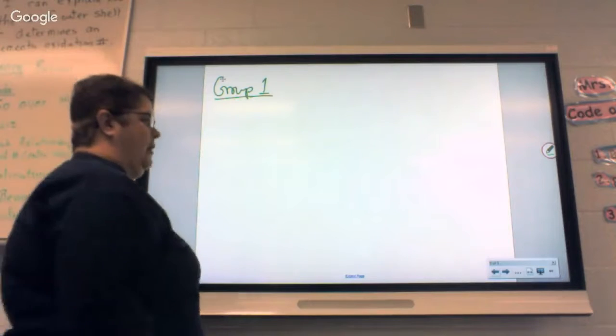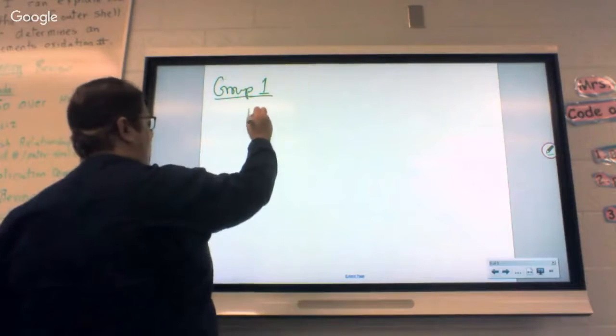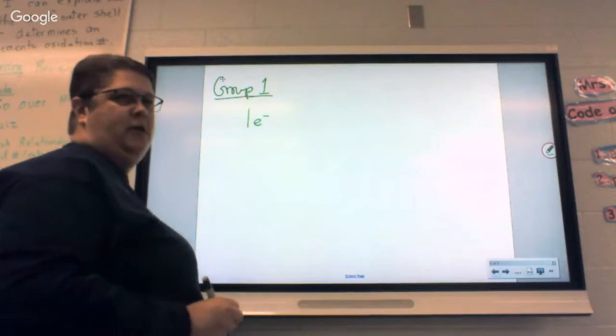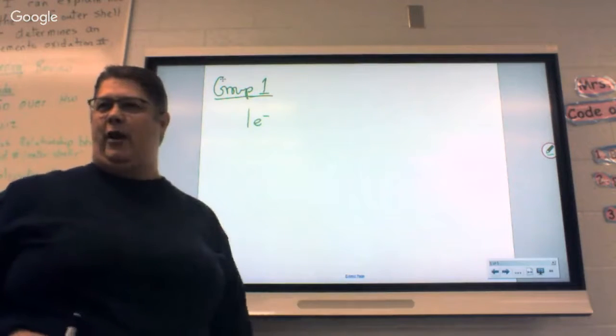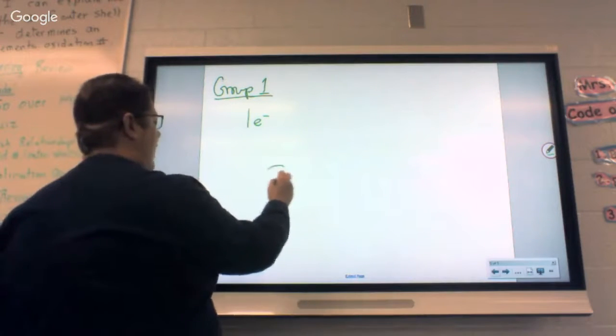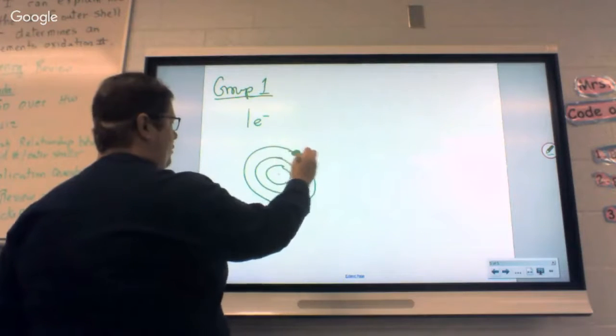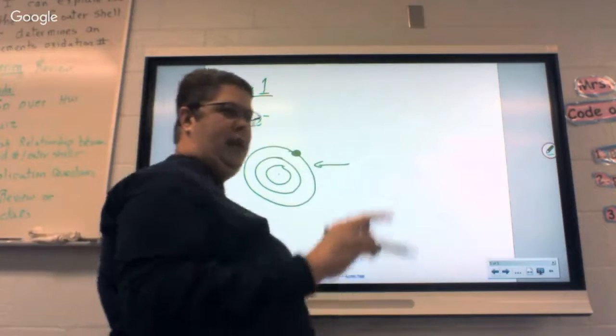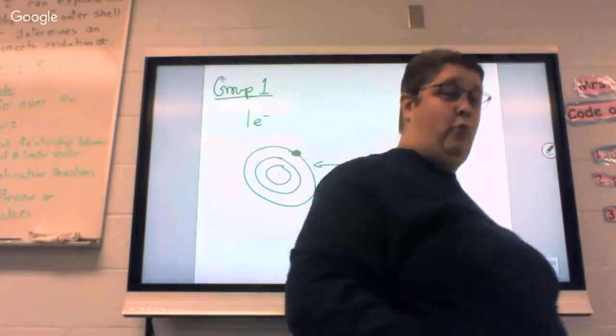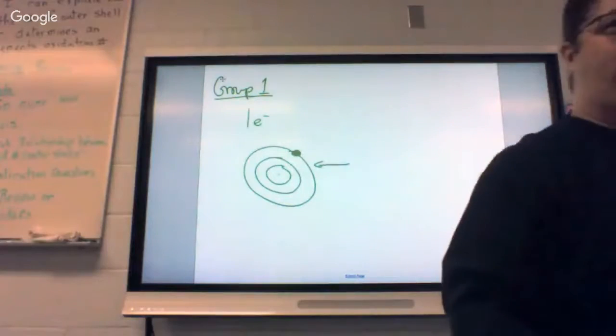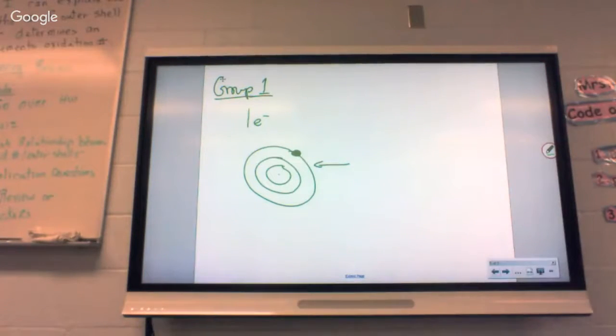Now, in group 1 yesterday, we said everybody in group 1 had 1 electron in the outer shell, right? So, when you have 1 electron in the outer shell, we drew a Bohr diagram that essentially had 1 electron out here on the outer shell. And we said, in order to get to 8, because everybody wants 8 electrons in their outer shell, we talked about how and why when we got to bonding next